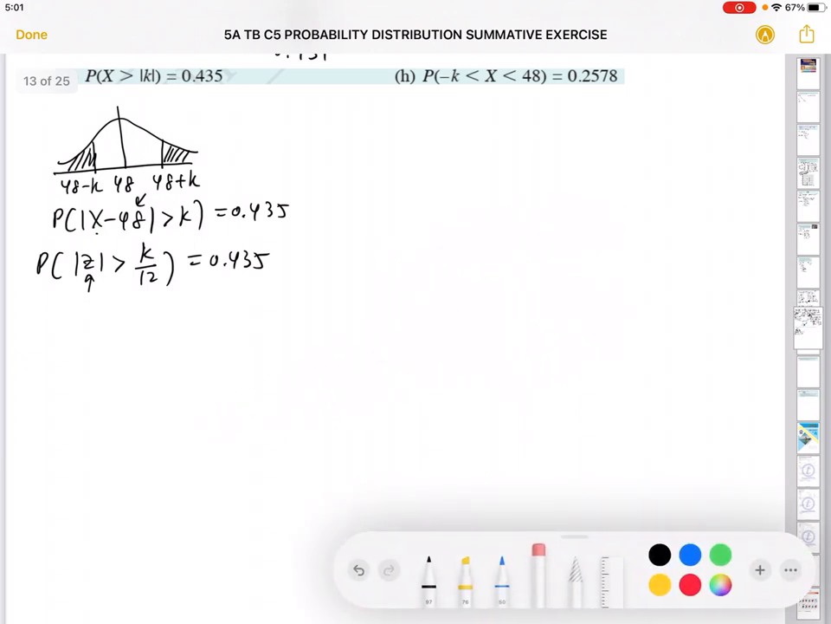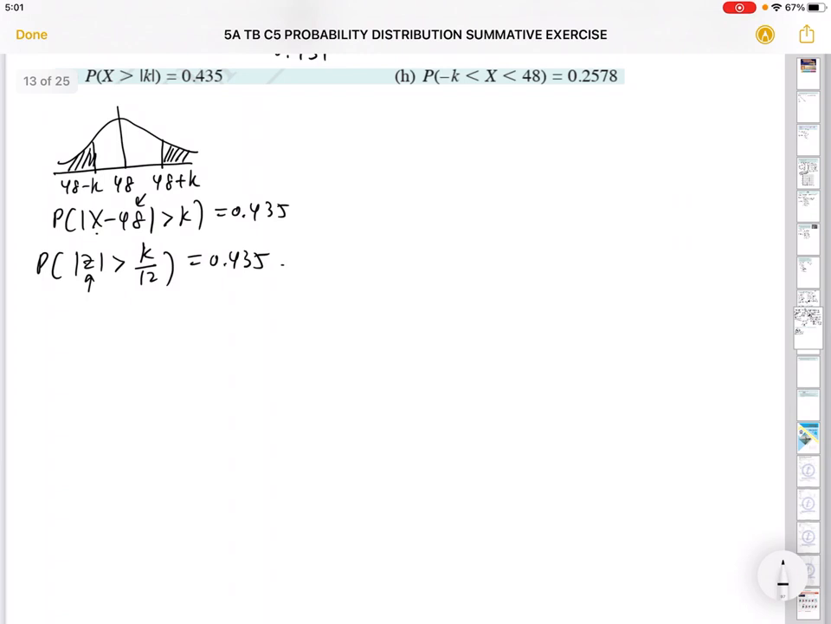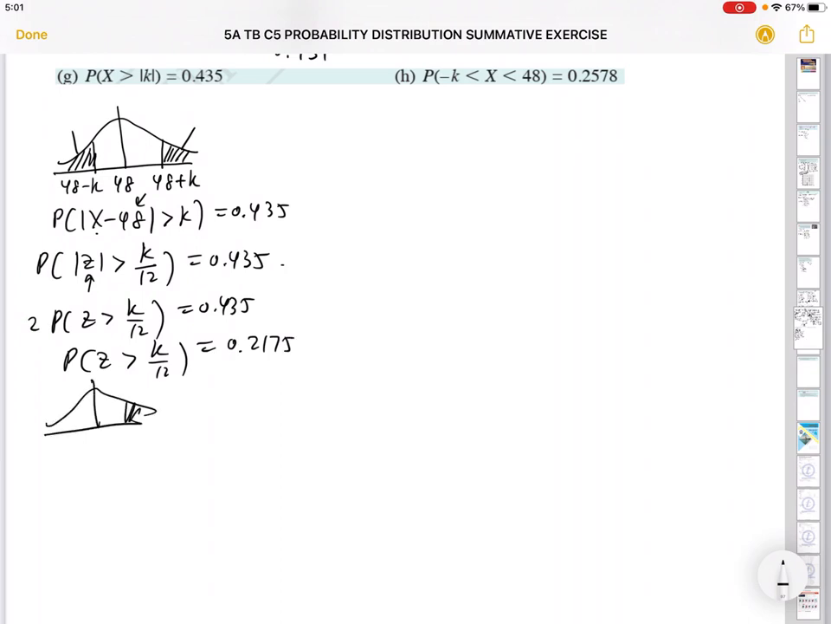We know these two parts combined together will give us 0.435. So let's take half of it, or should I say 2 times this, P(Z more than k over 12) equals 0.435. When you divide by 2, this should be 0.2175. Now you can read from your mathematical table, when this is 0.2175, this value over here is 0.781. So we know k over 12 is 0.781. K is